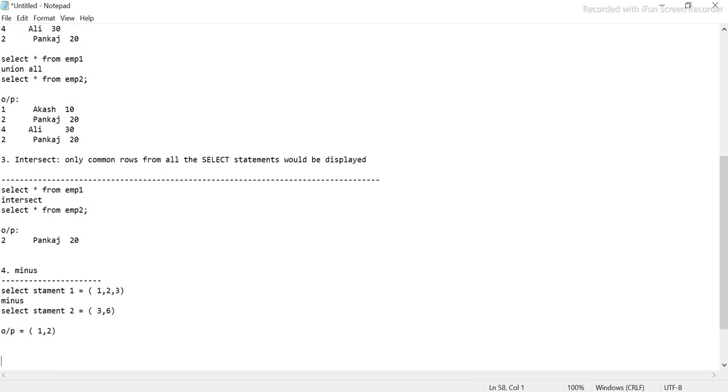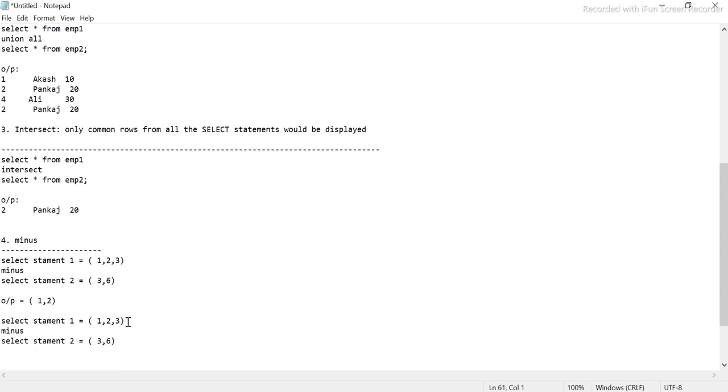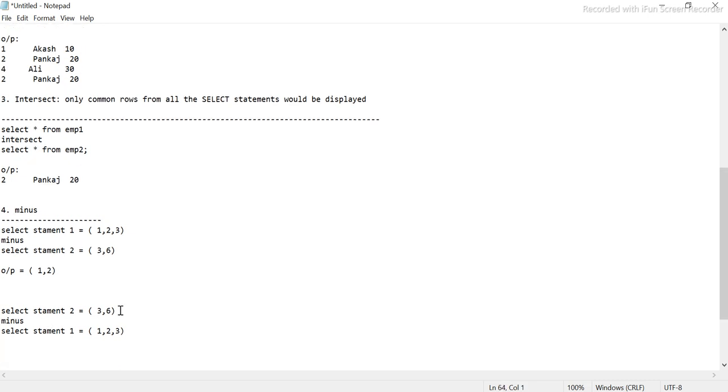Now look at it the other way around, guys. Let's say statement 1 has output 3 6, and here it is 1 2 3. Now what should the output be? Can you guess it?